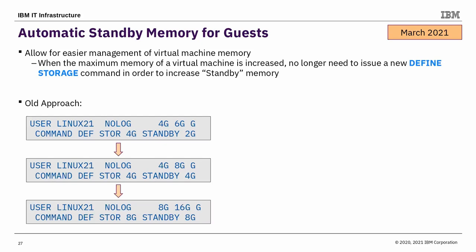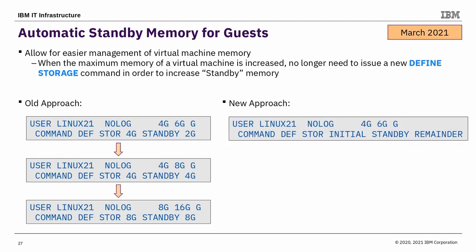Now you have to remember to change the defined storage command in both bits. And on numerous occasions with numerous customers, it always seems to hit at least once that you update one of those numbers and not the other one, and you don't get what you want. So a very simple solution to that, what you can do now is use the keywords initial and remainder in